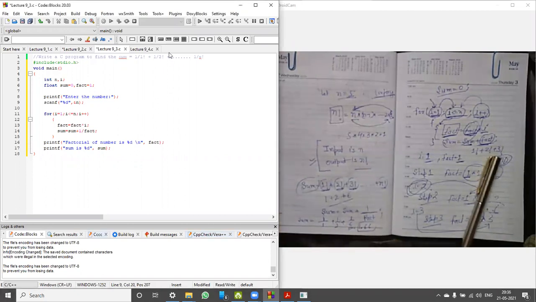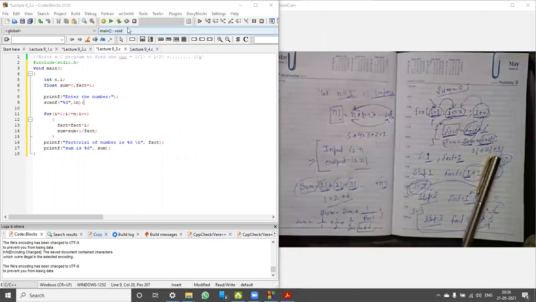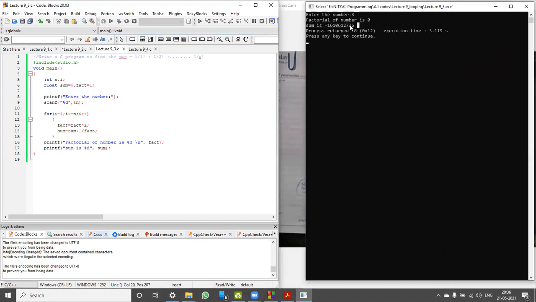So we are checking this. Number is 3. There might be some mistake. You can do one thing like 1.0 for the understanding.